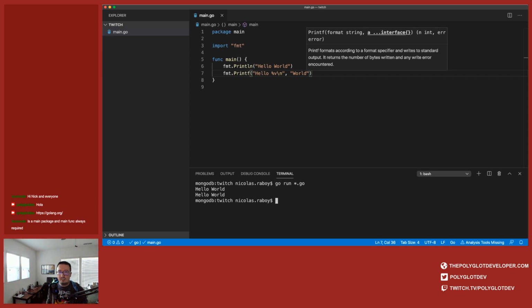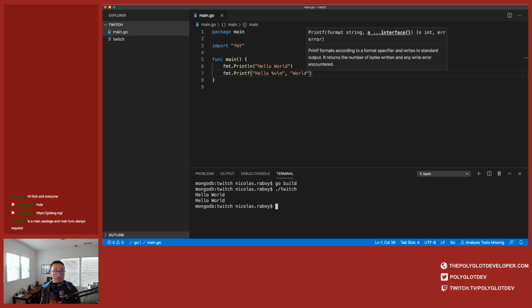Now let's say we want to build this. This application's not exciting, but you probably don't want to just run it manually from the terminal every time. So what you would do for distribution is you would say go build. And what it'll do, you'll notice that inside of my Explorer here, it created an application binary based on the parent directory name. I could always provide it a name when I build, but I don't have to. So if I wanted to run that binary, I can say twitch, and it accomplishes whatever we have in that application.